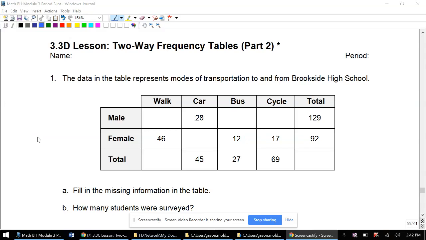This video goes through the 3.3D lesson, which continues two-way frequency tables. Number one, the data in the table represents modes of transportation to and from Brookside High School. Fill in the missing info. So looking through the table,